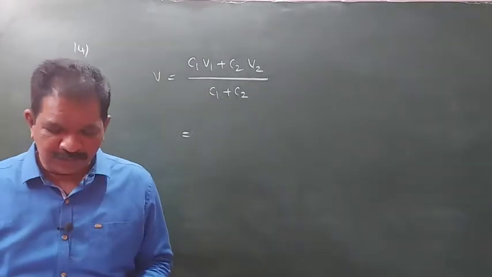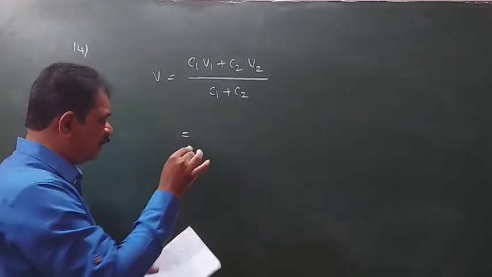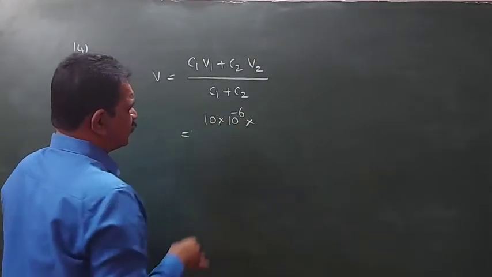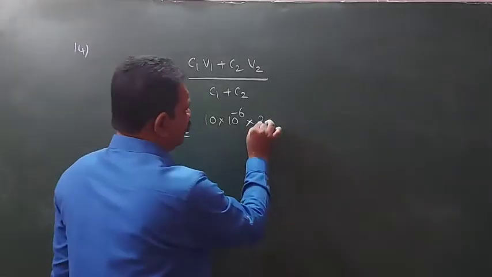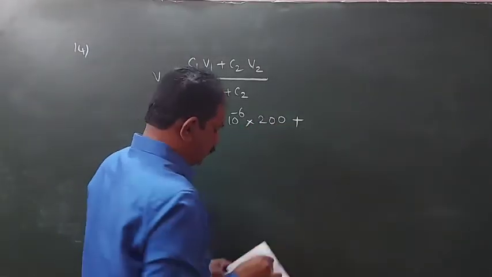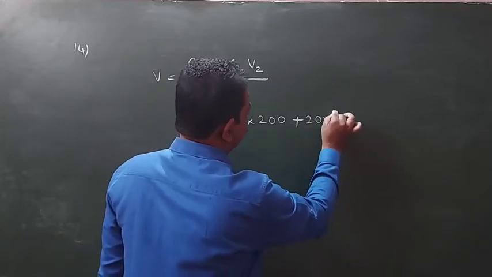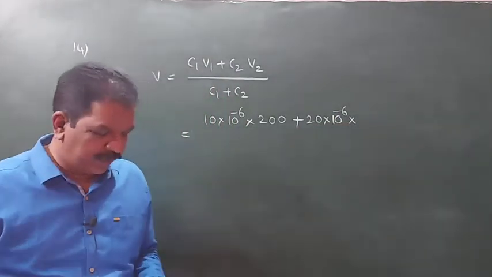This is the formula. Here C1 is 10 into 10 power minus 6, 10 microfarad, at 200 volt. C2 value will be 20 microfarad, at a voltage of 100 volt,